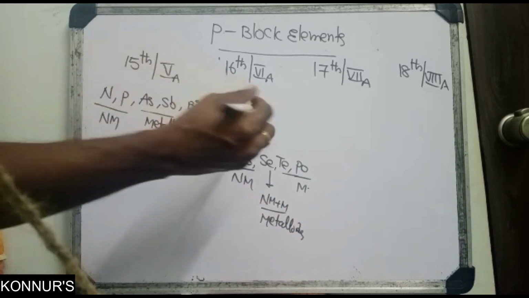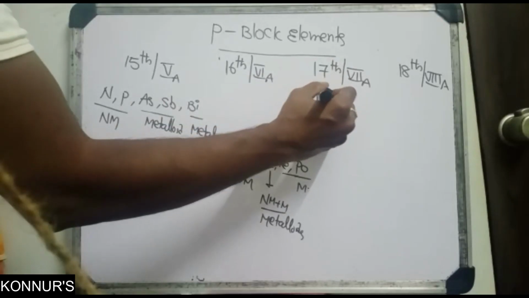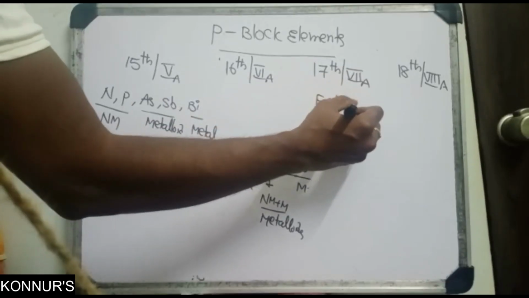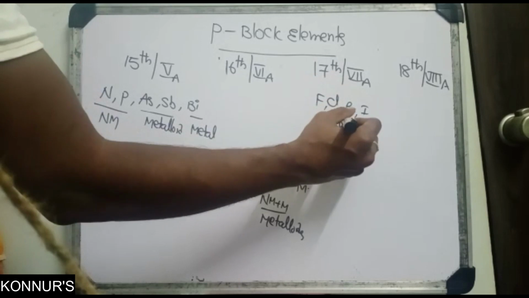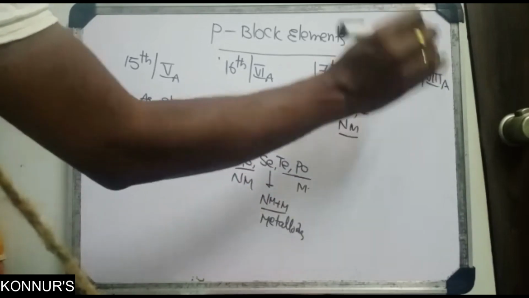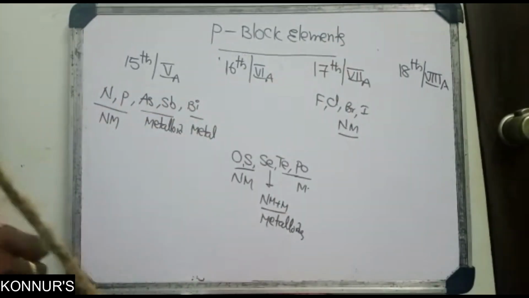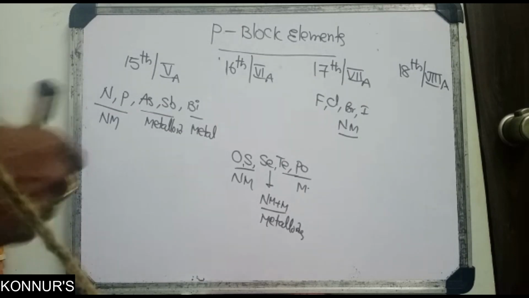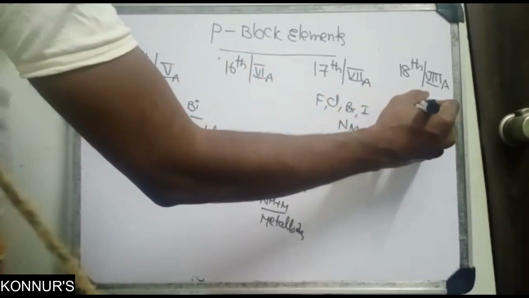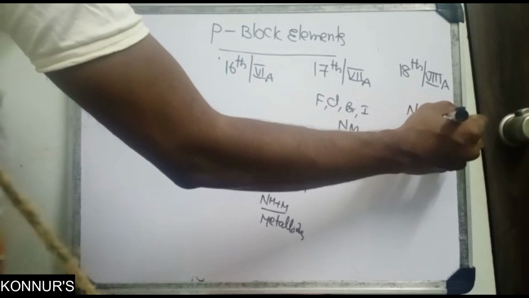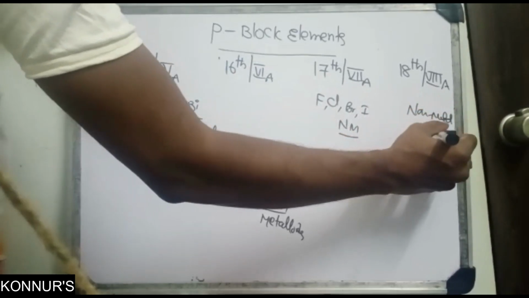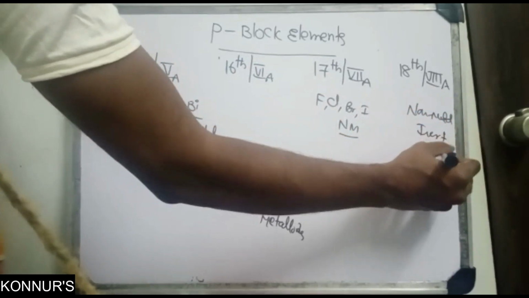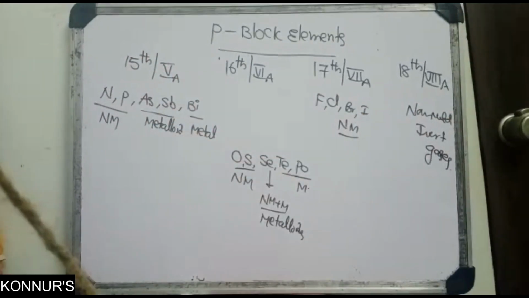Next, here all are non-metals only. Fluorine, chlorine, bromine, iodine. All are non-metals. So that is what, non-inert gases. So simply, completely non-metals only, but inert gases. Next, if you see the physical state,